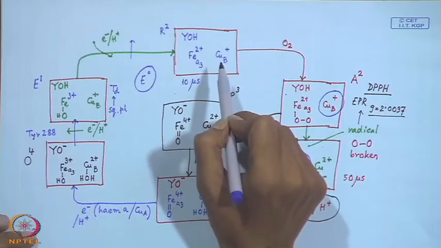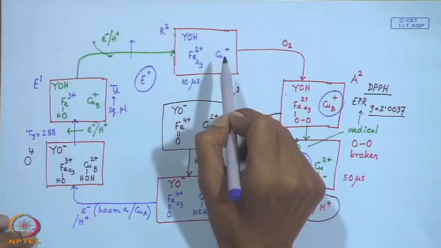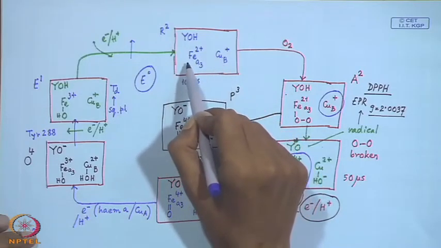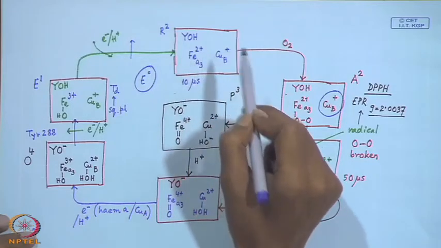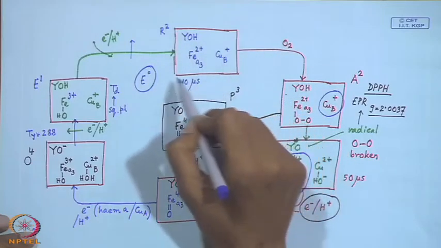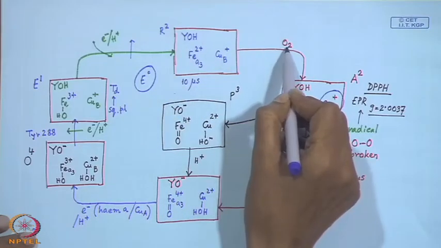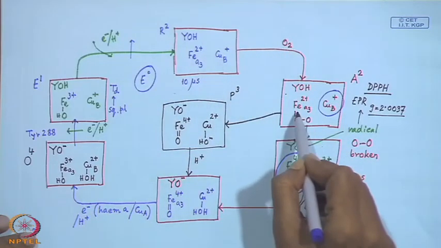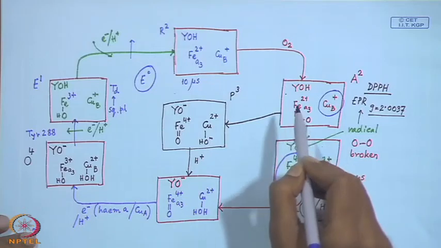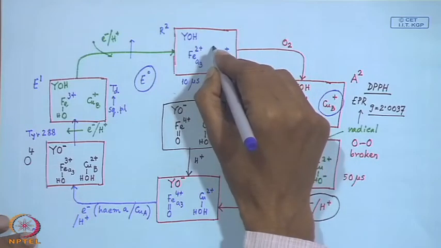So, if we are able to change the environment around copper, and this copper is close to our iron site, what we are willing to get is such a conformational arrangement around the protein environment for this entity that this O2 should go and bind to your Fe2. So, during that transformation, this particular environment